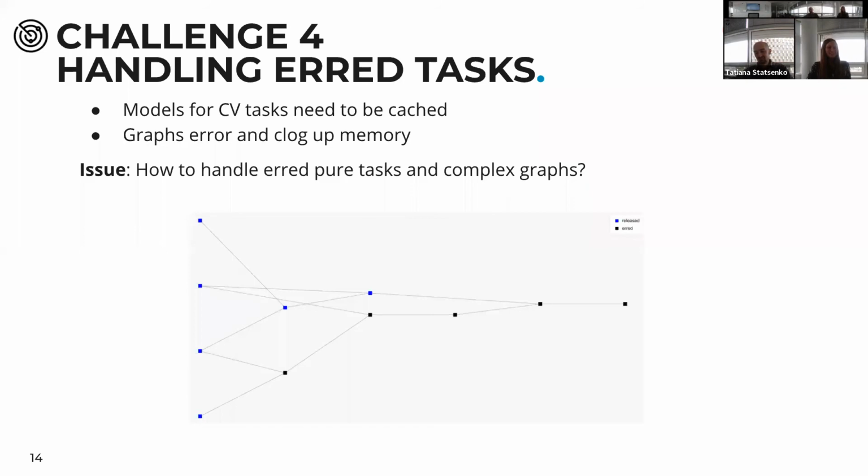Last but not least, handling error tasks. Here I would like to describe two use cases. The first one is we load a model for a computer vision task, but it fails. As we already mentioned, we actually want to cache them, and these are pure tasks. So unless we clear it from memory, nothing will change. It will just error all along, unless we notice it, and then we either restart or try to cancel it. The other use case is when a complex graph that requires a lot of memory errors, and then